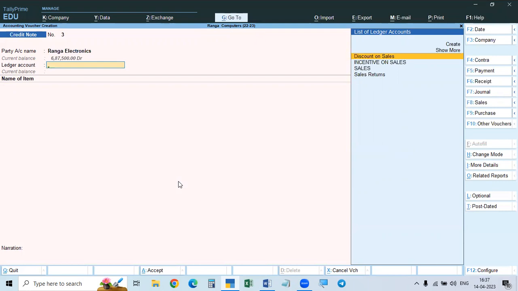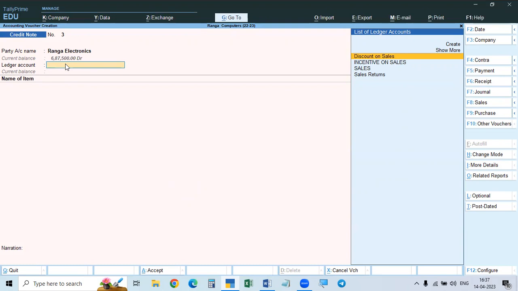credit note and debit note we are giving, but in this case we are giving a discount on sale. We are giving discount on sale, so we should not enter it in the sales. We are not making any alteration in the sales, because we are not reducing or increasing quantity or rate. We are giving discount, not reducing the quantity. That is why we have to create a separate account, just